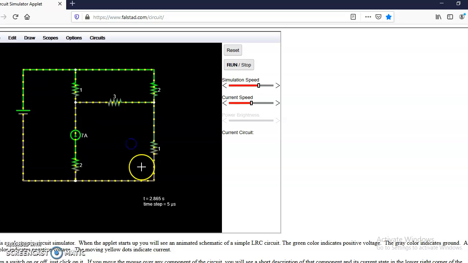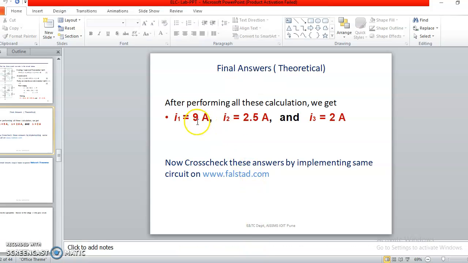So apply, okay. Now in this way we have completed the circuit diagram, and now we have to cross check the final answers. So the current flowing through this branch is nothing but I1. Now you can see this I1 answer at the right side corner, 9 ampere, which is exactly correct. Now the current flowing through this branch is nothing but I2. It is 2.5 ampere, again exactly the same. And the last one, the current flowing through this 1 ohm resistance is nothing but I3, which is again a 2 ampere current. So you can cross check these values: 9 ampere, 2.5 ampere and 2 ampere.